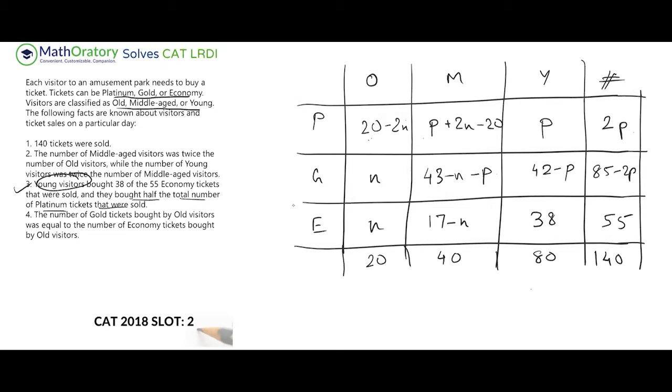The reason I did this is similar to some sets that I've already discussed in these CAT sets solutions. If you think about it, all the regions should be non-negative, right? Because they are indicating some number of people buying some tickets. So each of them should be non-negative. They should be integers, of course. So these kind of things have to be understood.